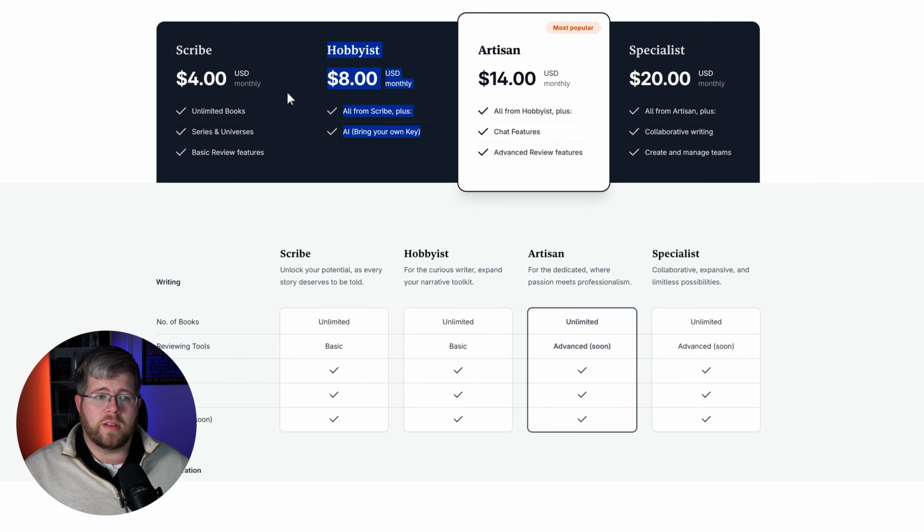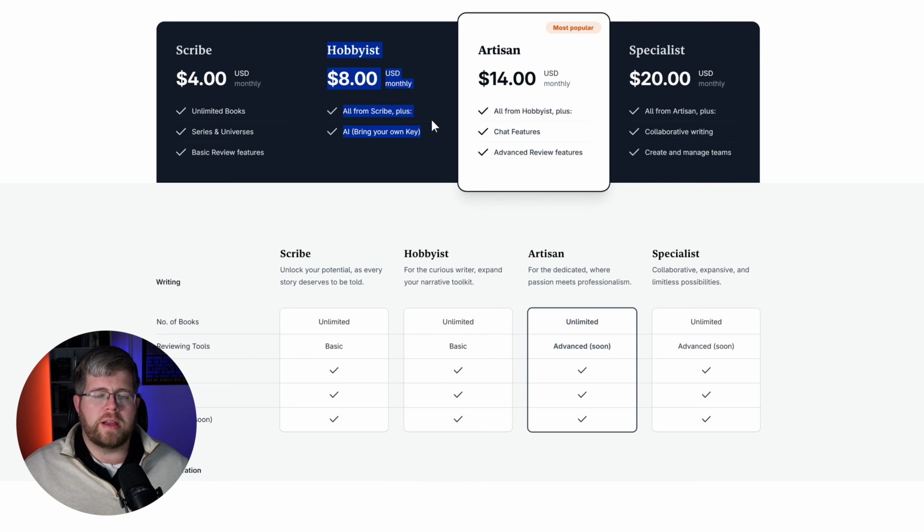But as I informed you already, it takes quite a bit of writing to actually spend a whole lot of money inside of OpenRouter. $10 using GPT-4o, one of their flagship models, will get you 750,000 words. And so it's very unlikely that in a given month you're going to be spending more than the $20 that you would on the chatbots. Even if you're paying for the Artisan or the hobbyist tier on top of that, it's very unlikely you're going to be spending more than $20 a month.